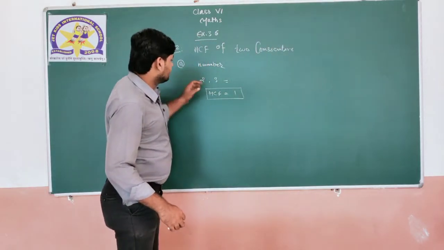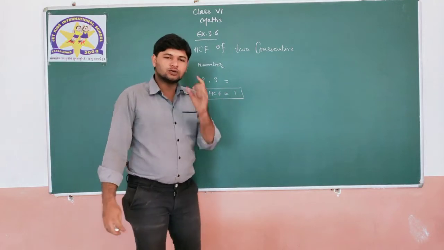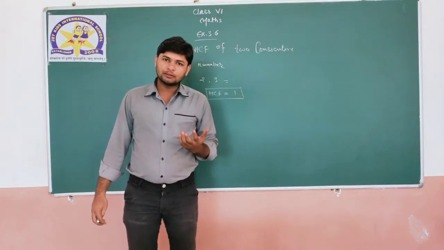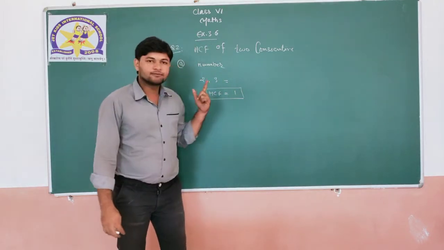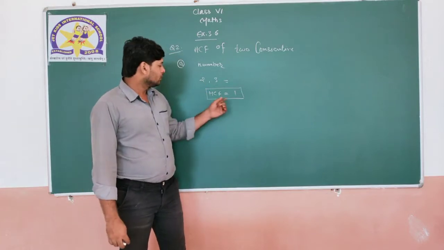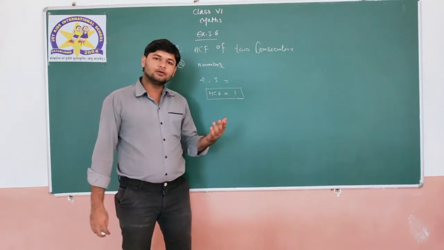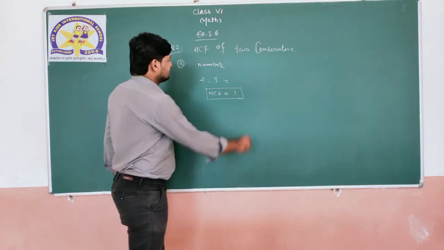Okay. So two consecutive numbers will always be co-prime numbers, and co-prime numbers have common factor only 1. So their highest common factor will always be 1. Clear? Second thing is